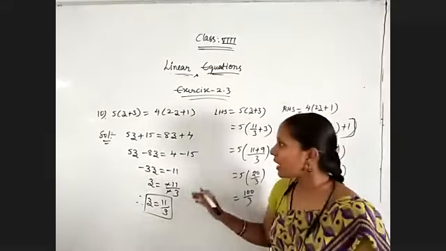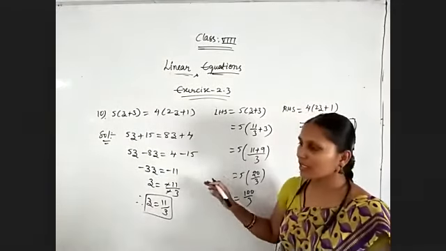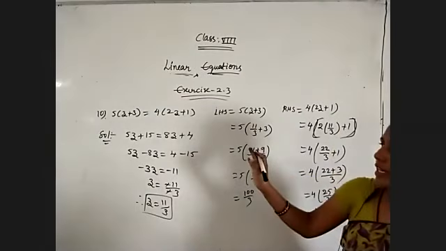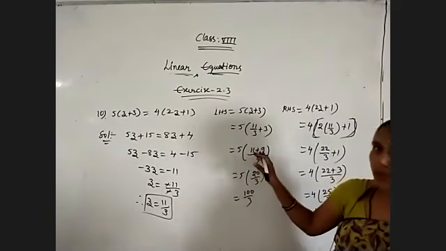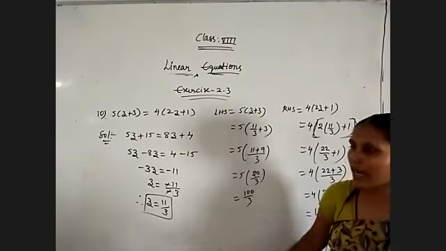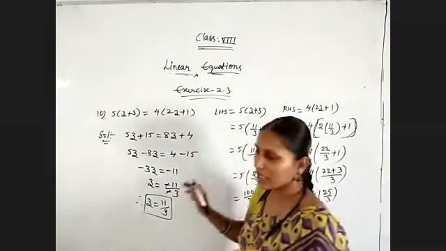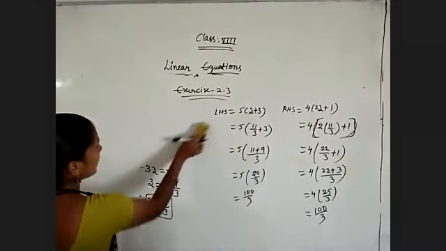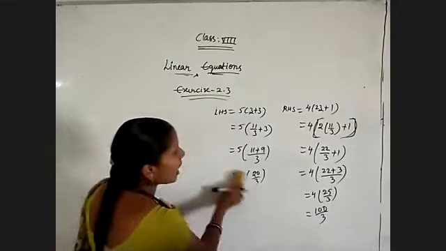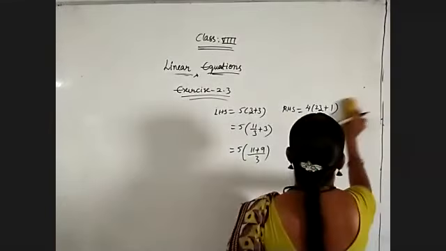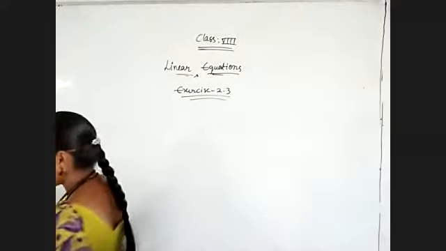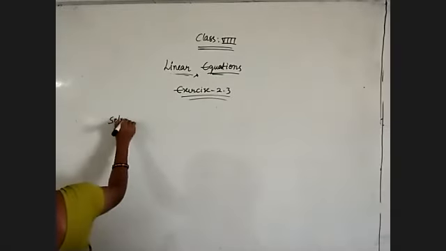So whatever examples I have shown, always we are getting variables on both sides, and with the brackets and different terms we have done. So you also practice some more problems. I'll list them on the board now. Try these problems yourself, then you will get a correct idea how to simplify the equations. And in our next class, we are going to learn to solve the following.